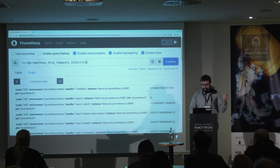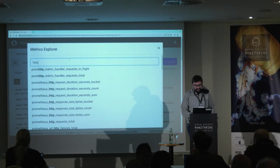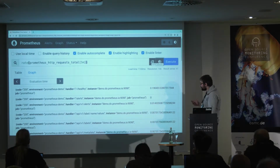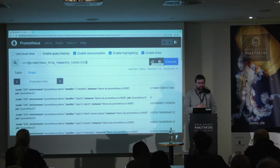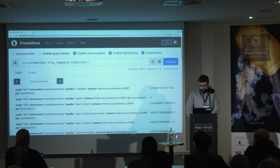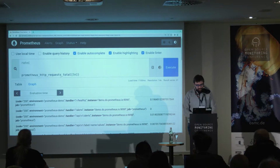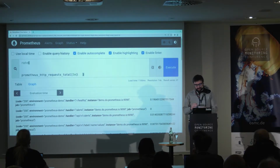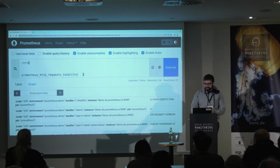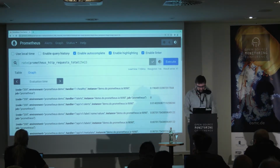Next to that, we have a metric explorer, so you can find your Prometheus metrics. And we also have a new thing, which is that you can now format the expression. So while you are building very complex Prometheus queries, you can just click on that button, and it will format the query for you. So if we completely mess up the way that we write the query, and that's maybe what you will find in your Prometheus rules, that kind of thing, you can just click the format button now, and it will format everything. If you have a more complex query, like